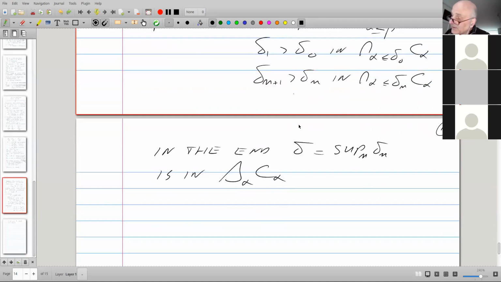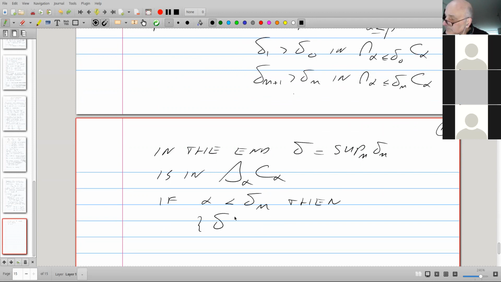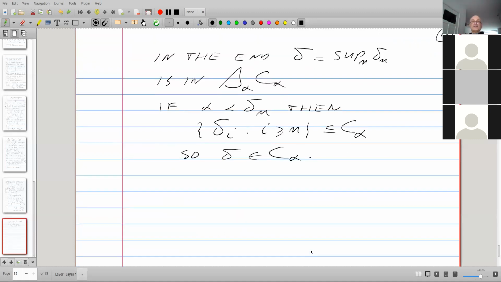And then that sequence of delta i's where i starts at n sits inside C alpha, and so there.